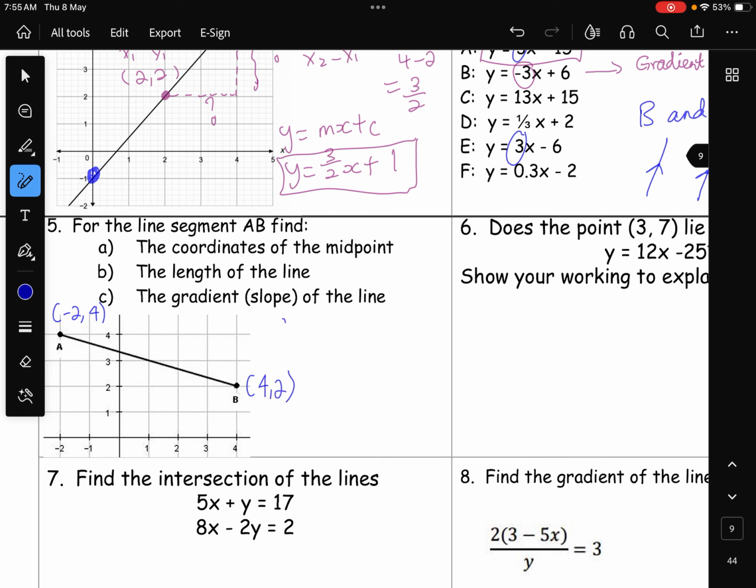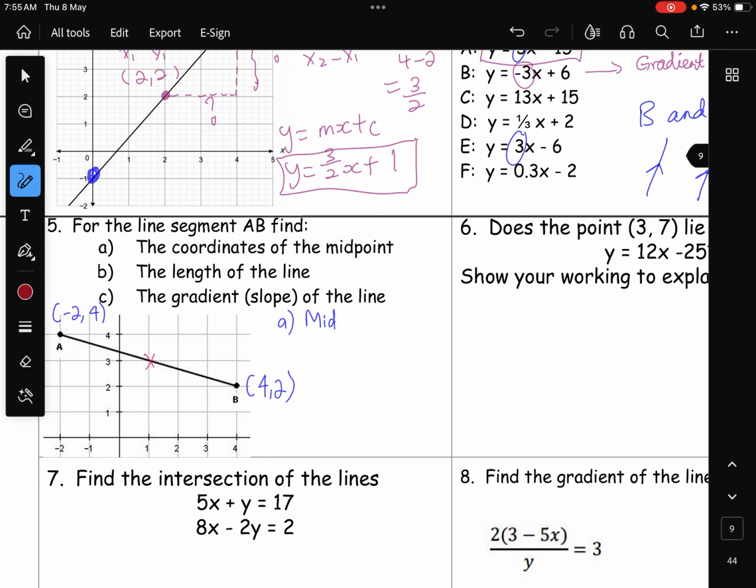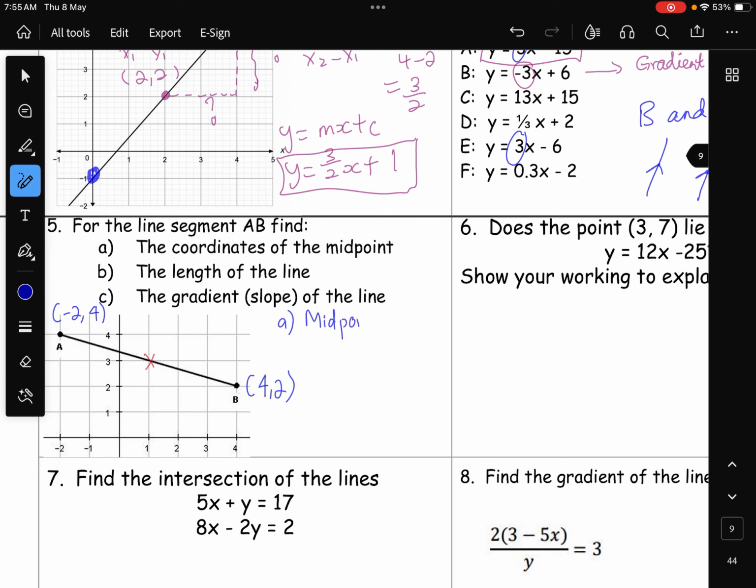Okay, now to find the midpoint, which is the point in between the 2 points. Just by looking at this visually, you know that this point is obviously the midpoint. But sometimes when the points are not very clear on the graph, we want to be sure that we are capable of finding the midpoint using a more algebraic way. So to find the midpoint, what we always do is add up both the x coordinates,